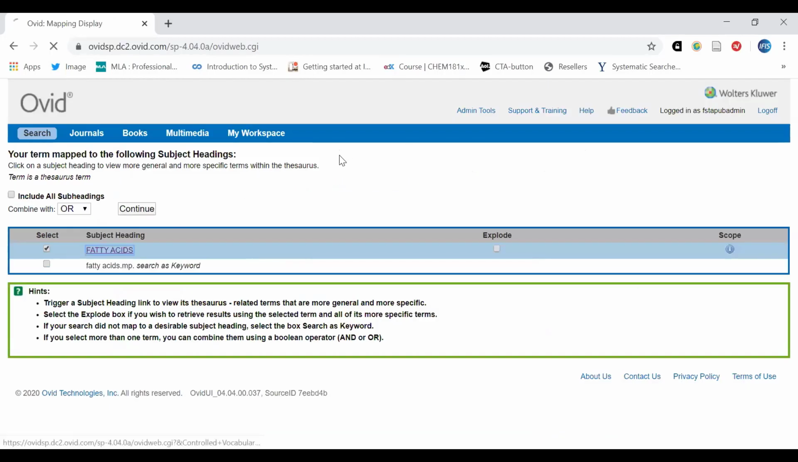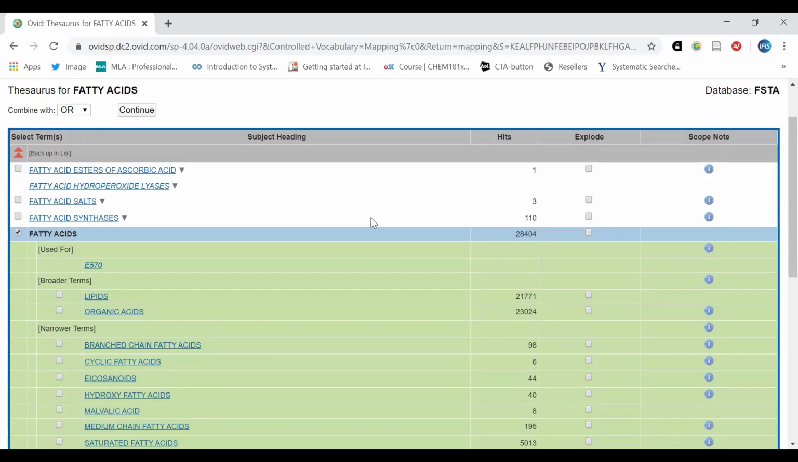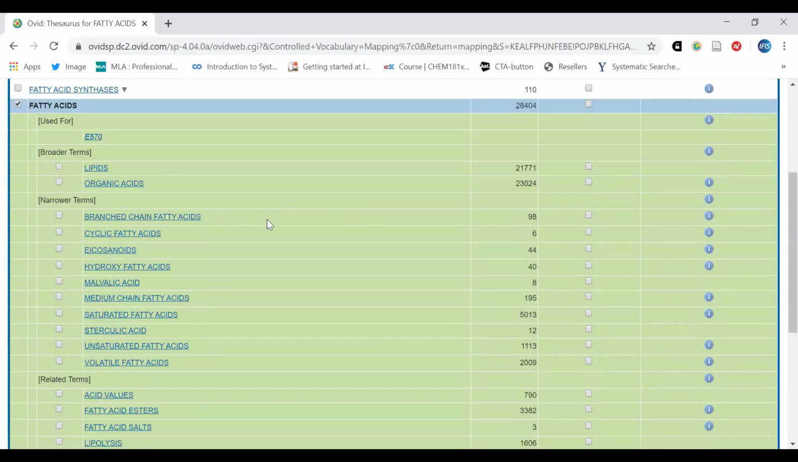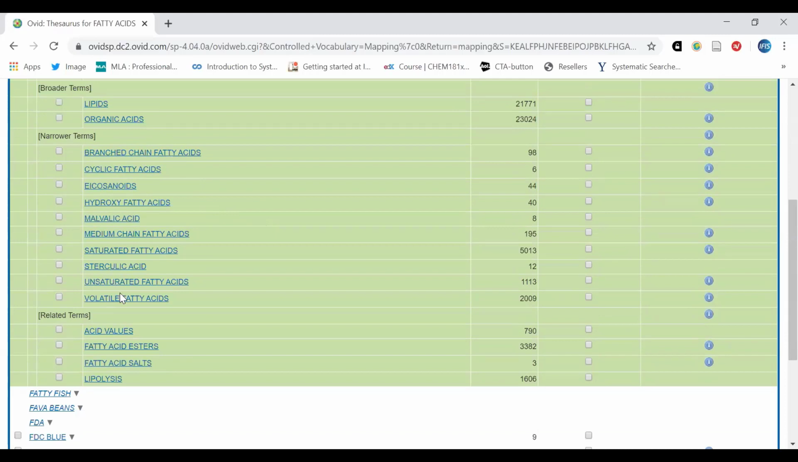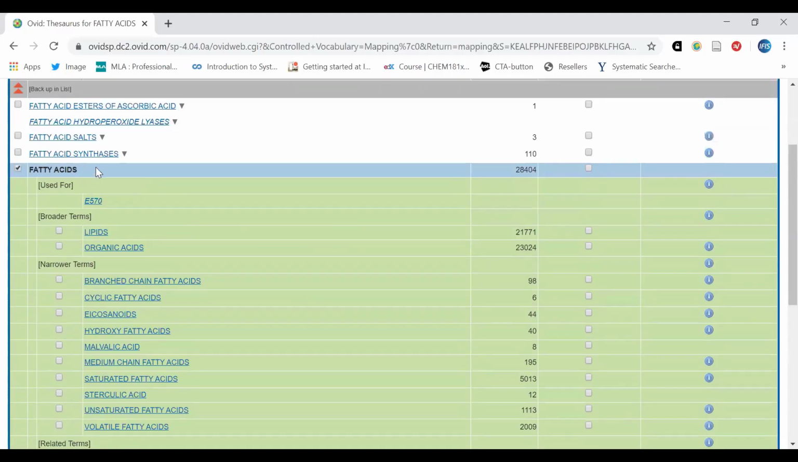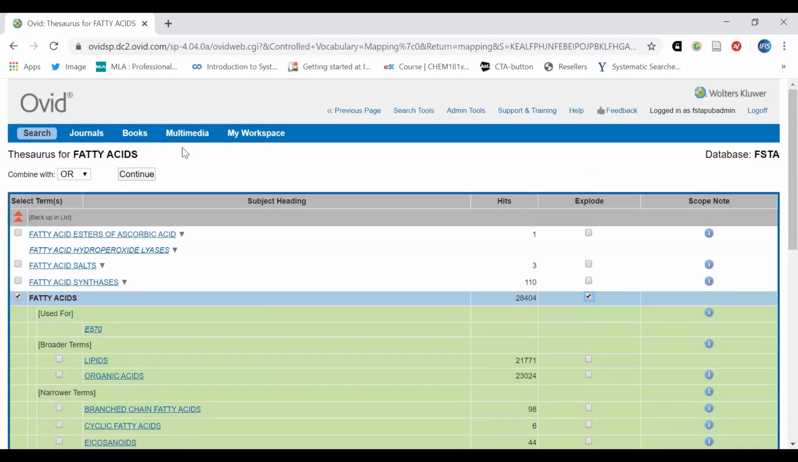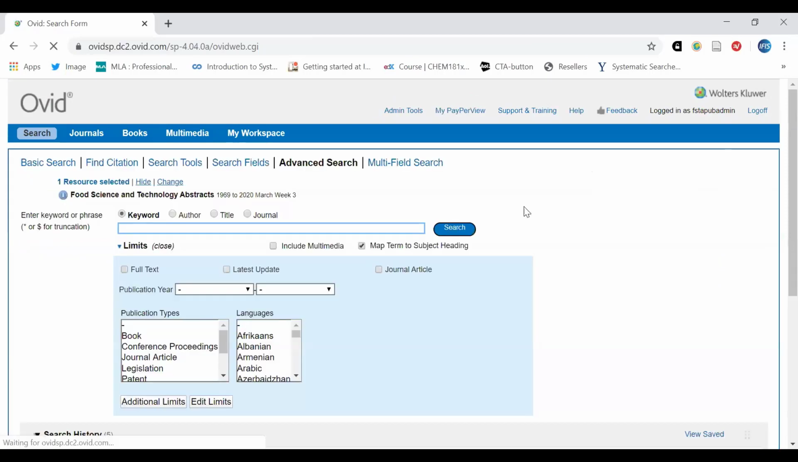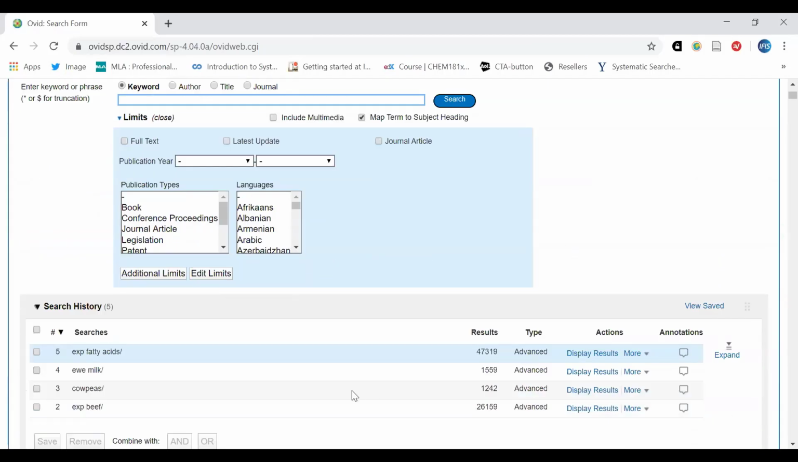And I'll do the same. And in this case, I can see that there are quite a few different narrower terms. Sometimes there's also related terms, which can be really useful. But in this case, I think what I'll do is I will explode. So search fatty acids as a subject heading and all of the narrower terms. So search that, and there's a lot of literature that has been